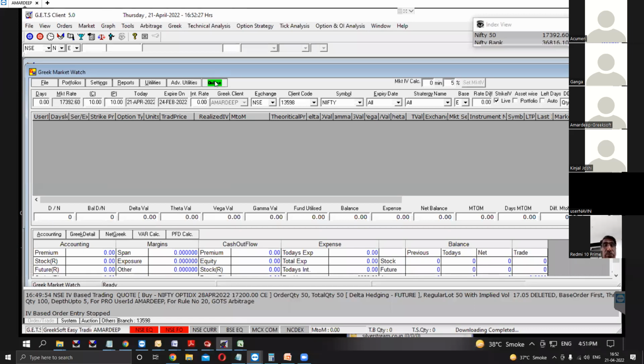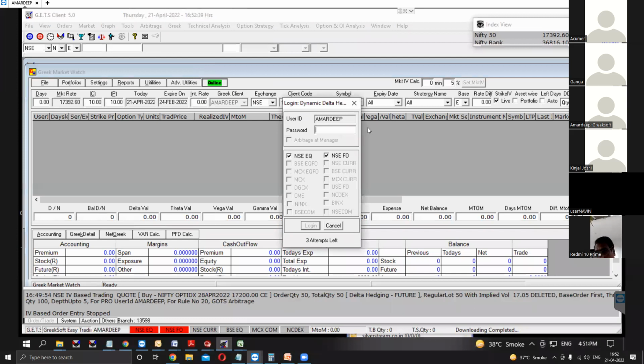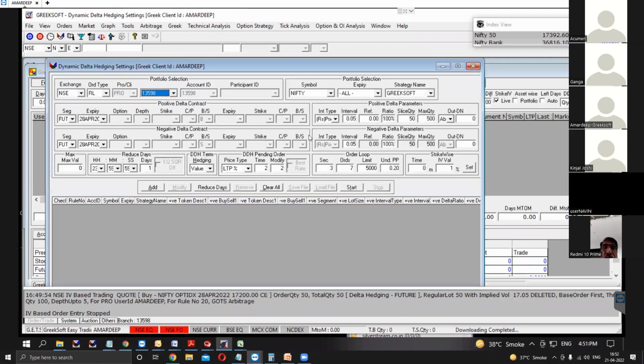But now what we have done is we have closely linked this F7 screen with our dynamic delta hedging screen, which is also known by the shortcut key Alt D, as in delta. So let me quickly log into this window. Now in this window, I will be able to tell the system